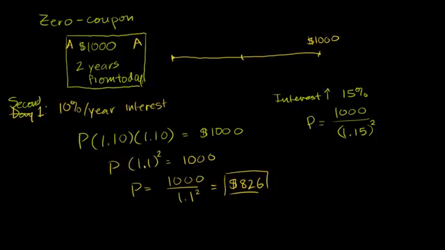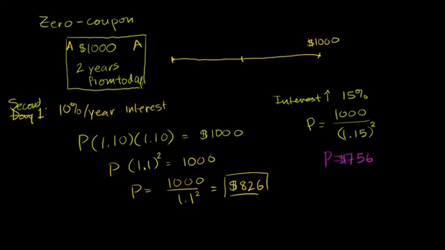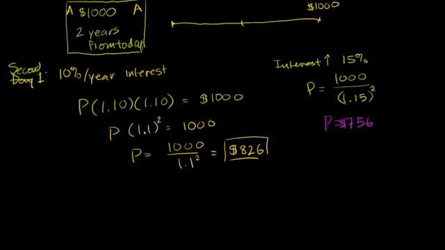So now the price has gone down. The price is now $756. This is how much someone's willing to pay in order for them to get a 15% return and get $1,000 in 2 years. Now, just to finish up the argument, what happens if interest rates go down? So if, let's say,